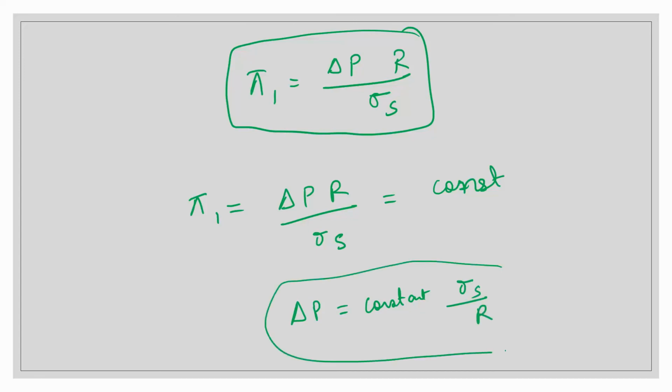So again, you can see that without much knowledge of physics, you can find out the functional relationship between the variables and parameters. So this was all about how to find out the dimensionless groups without knowing the underlying theory. So I will end this lecture over here. Thank you.